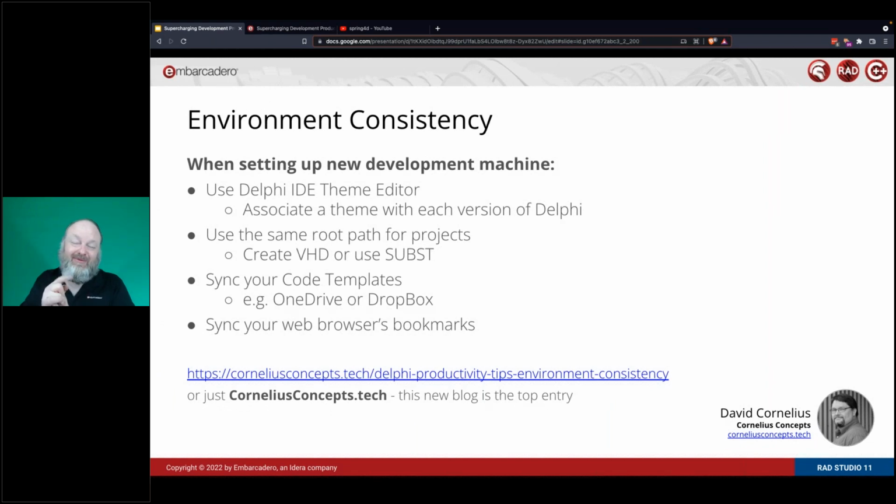One of the reasons I asked MVPs is because I'm not in the trenches writing code as much as I used to anymore, as much as I'd like to be, unfortunately. So I didn't want to give tips that were outdated. What I was surprised to discover is a lot of the tips that came from MVPs validated some of the tips I was thinking about. So that was a plus. I'm not as outdated as I thought I was. But I also learned a lot of things where I was like, I didn't think about that, or things I knew about but had forgotten